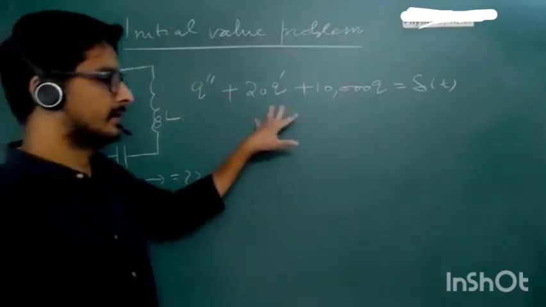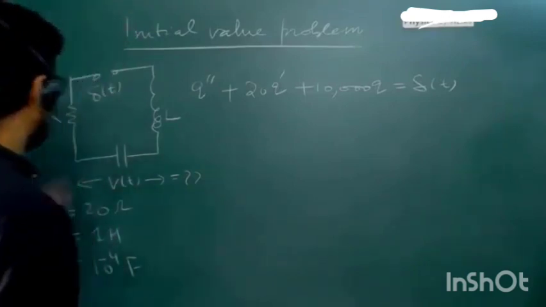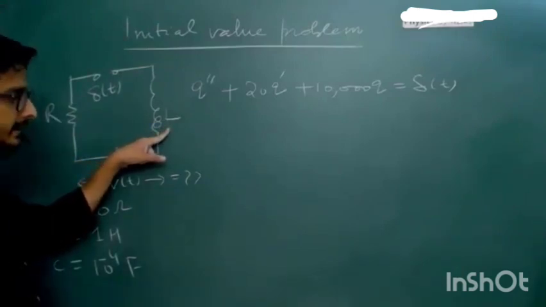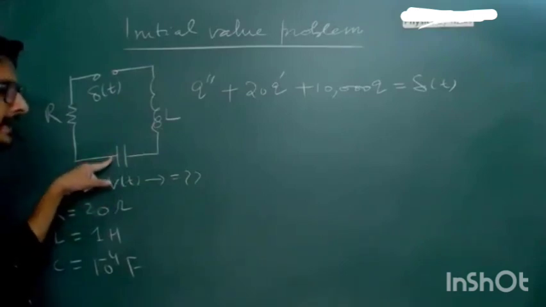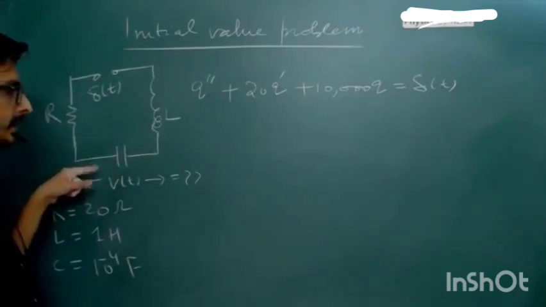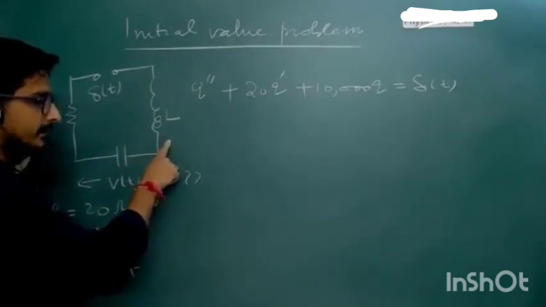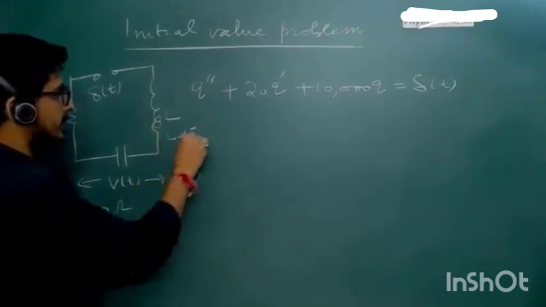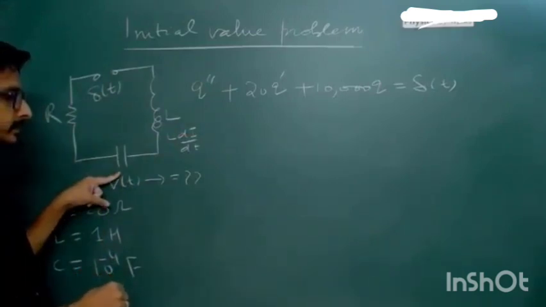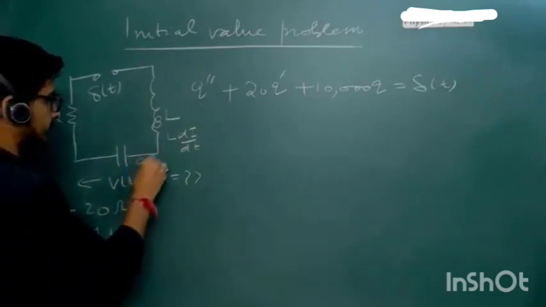Up to here is your electronics work; do you understand this or not? This is IR, this is IXC, and this is IXL, correct? These are the voltages across these. Because it is time varying, the voltage here will become L dI by dt, and here it will become Q by C,